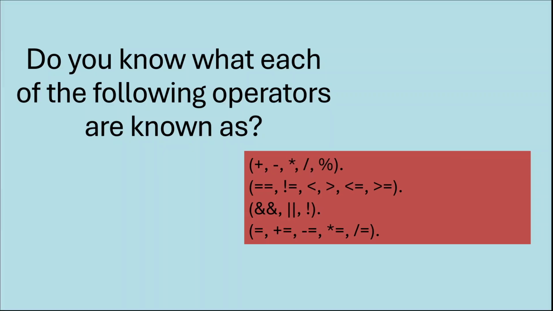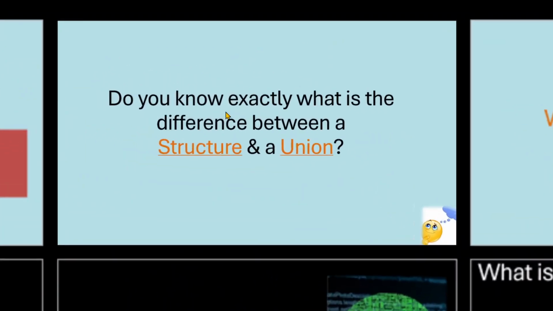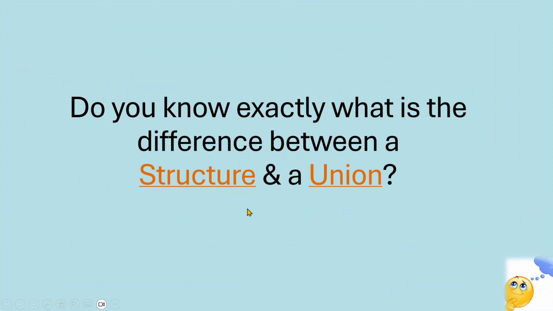All right, let's see what we have next. Do you know exactly what is the difference between a structure and a union? So what do you mean by a structure? How do you write a structure in C language? And how is it different compared to a union? When do we use a union? So these are certain thought processes, certain questions to give you just an idea of why C language